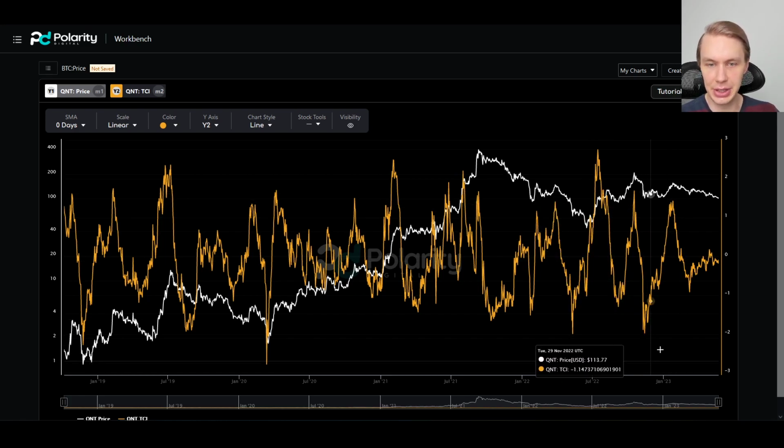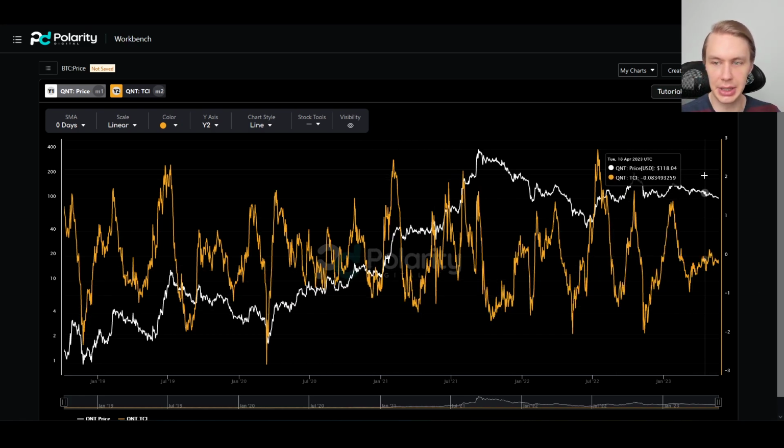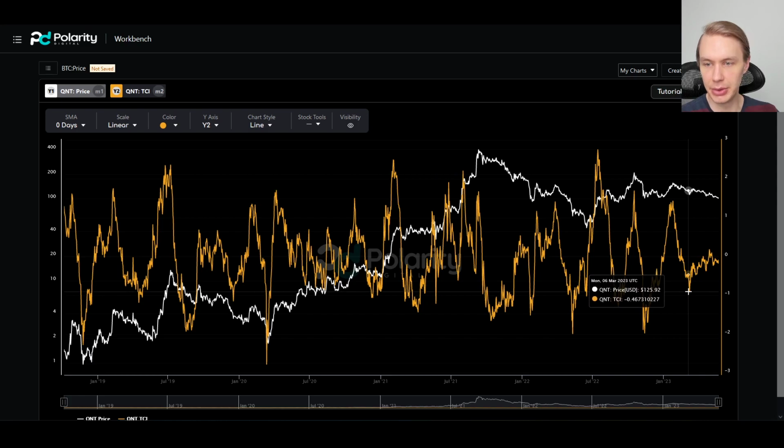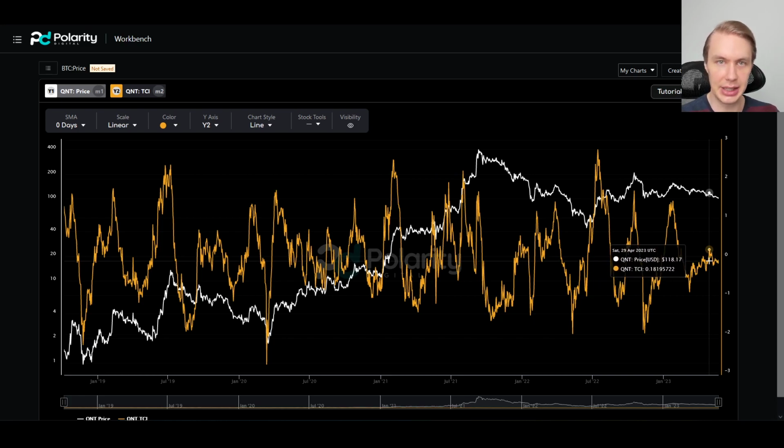But also vice versa, when you start seeing the TCI start moving to the upside, with price even moving sideways or moving to the downside, that can be an indication of some positive movement to come. And what we've been seeing more recently is that we put in a local low back in March of 23 on Quant's TCI. Price has been trending downwards since, but the TCI has been trending upwards since then. And what that might suggest is that, again, the conditions might be there for some positive movement.